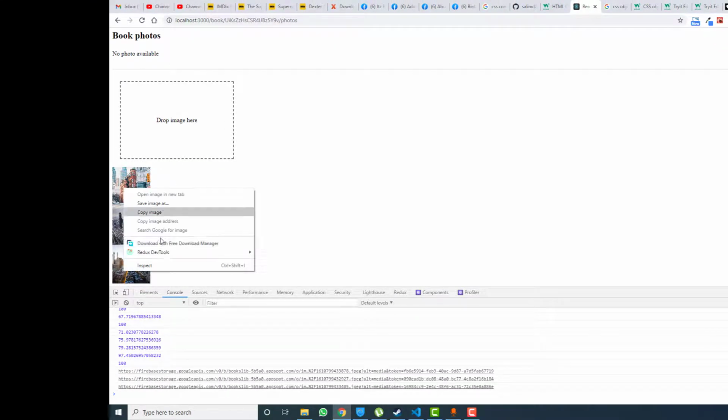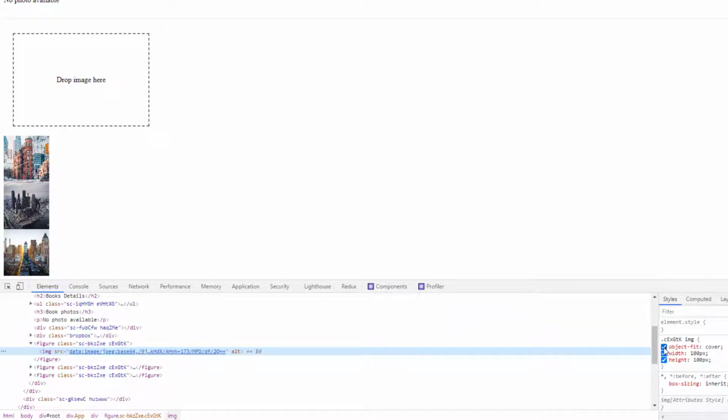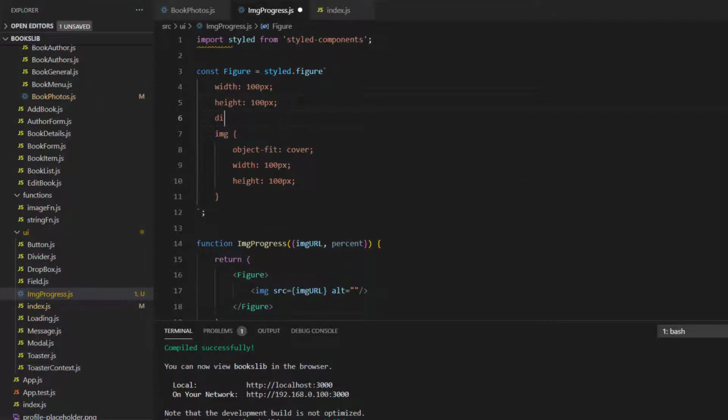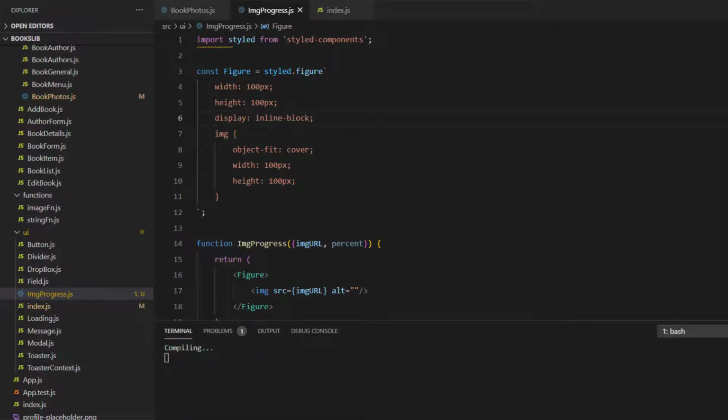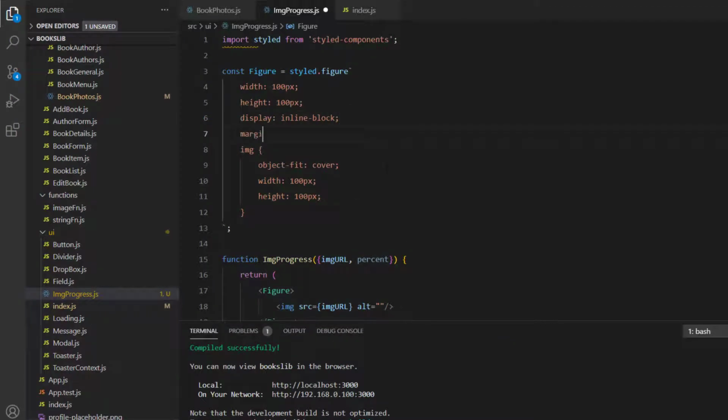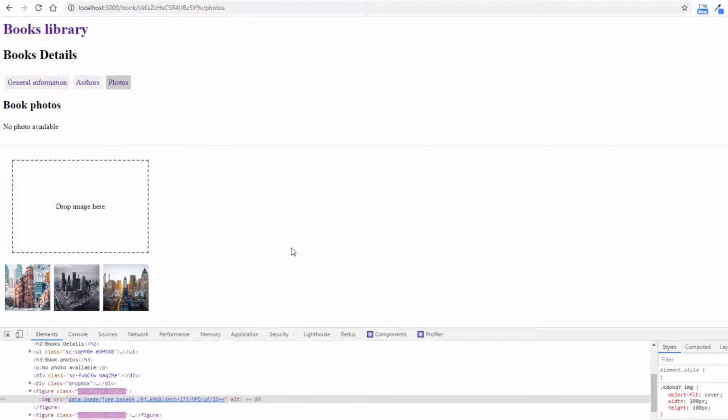As you can see here, if I check an image and remove object-fit, the images will be fit exactly as 100 by 100 pixels, but with object-fit cover it will be calculated in a way to fill the parent container without being stretched. So one more thing we'll add for the figure element is display inline-block, and we add a margin of 4 pixels. Alright,